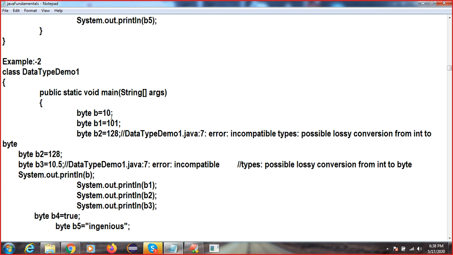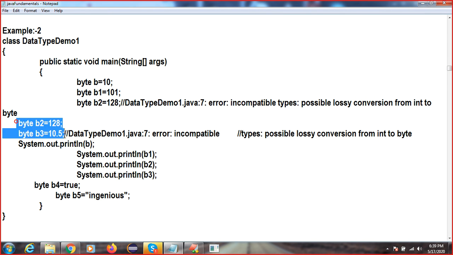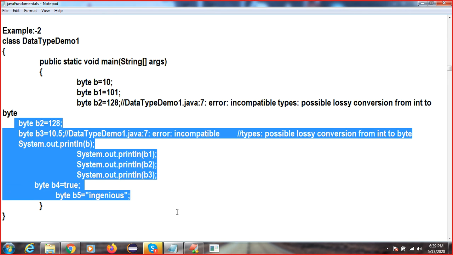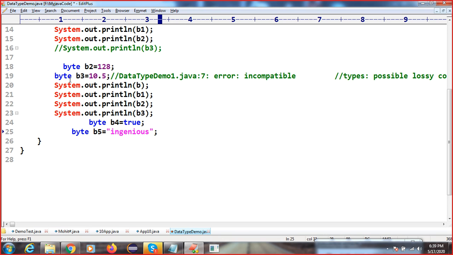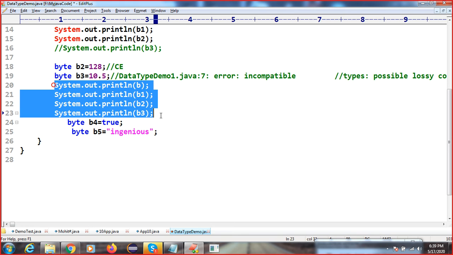So what is applicable and what is not applicable? If we try to store the boolean type and all, you will get a compile time error. So I'm going to execute this value. Here what is the maximum size? 127, right? I have exceeded this value, sorry. Here you will get a compile time error. I will compile this code. Here also you will get a compile time error because floating point and double are not applicable for that. Here also we will get a compile time error.